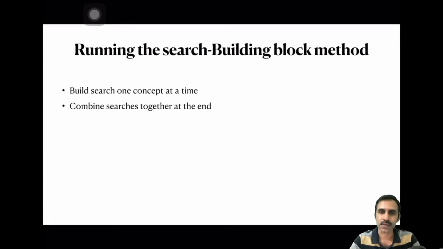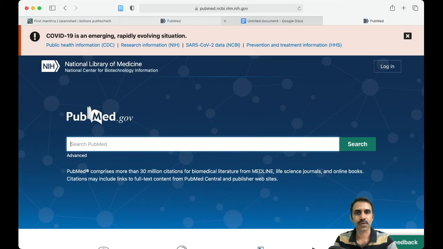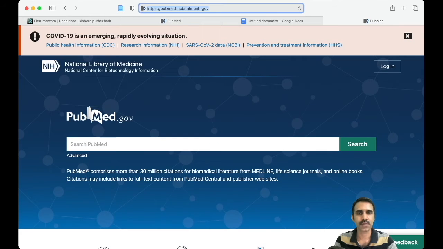Now we have to run the search. What we are going to use is the building block method. We have to build the search one concept at a time and combine the searches together at the end. We can see that right now. Now we have to go to PubMed,